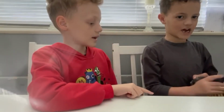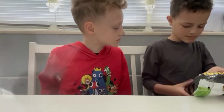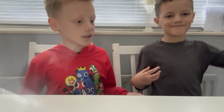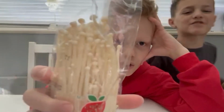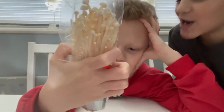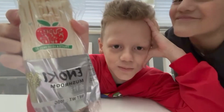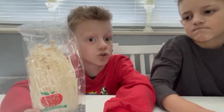And next up, we have my Space Raiders. What flavour? Pickled onion. And last but not least, little mushrooms. What are they called? Enoki. Enoki mushrooms. It's like mushroom rolls from Sonic 2 when he's...